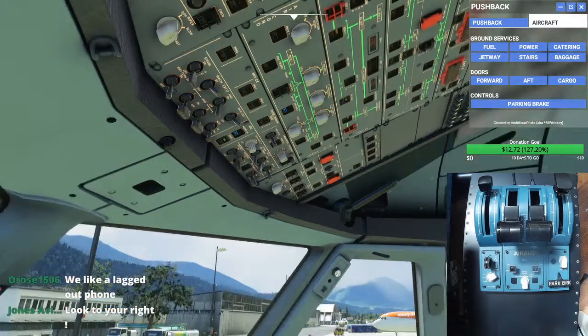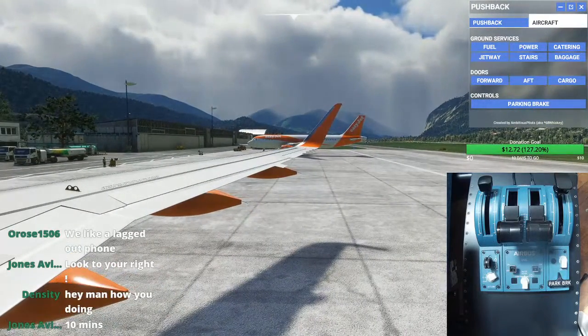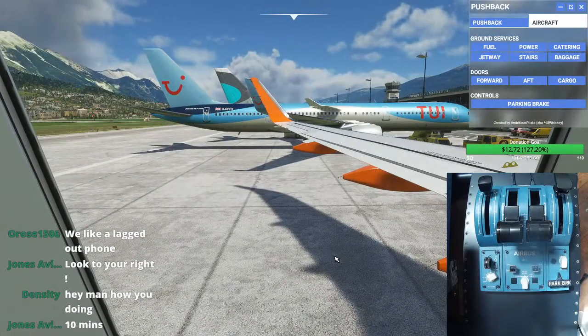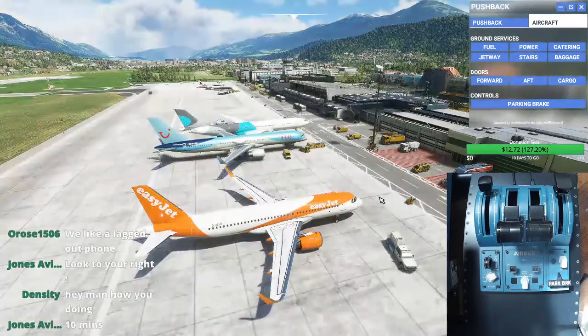Disconnect from external power. Density, how you doing? I'm doing great, thanks. How are you, man? It's going pretty well. Second episode of Around the World, so that's going to be fun. You need 10 mins, Jones Aviation. Roger, I'll turn off the